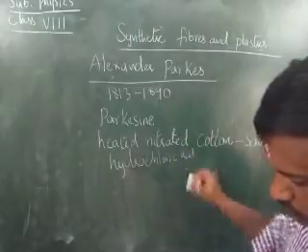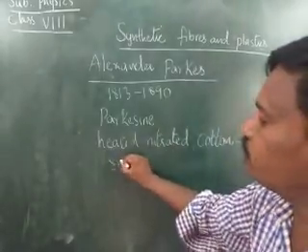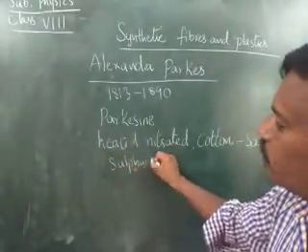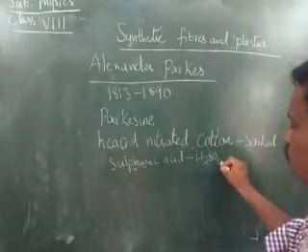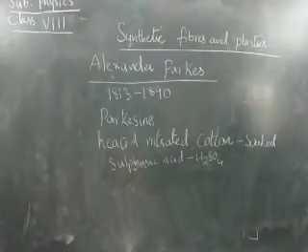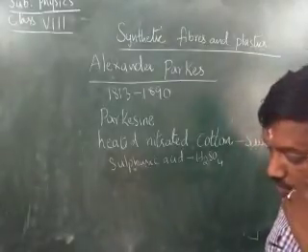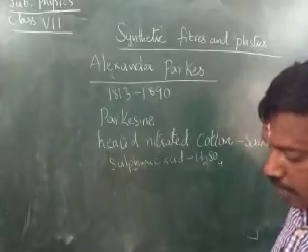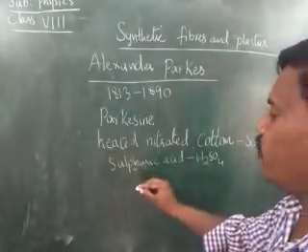Okay, children. Sorry. It is soaked in sulfuric acid, not in hydrochloric acid. What is the formula of sulfuric acid, children? H2SO4. Therefore, for the preparation of the first plastic, Parkesine, he heated nitrated cotton which is soaked in sulfuric acid and made fabric soft and elastic with oil and camphor.